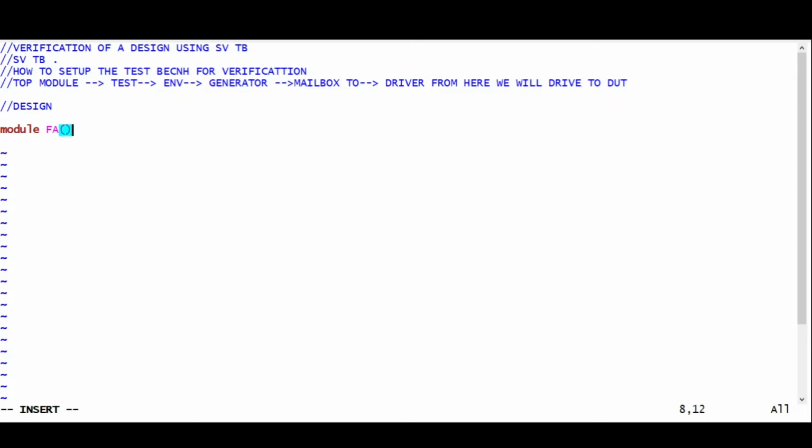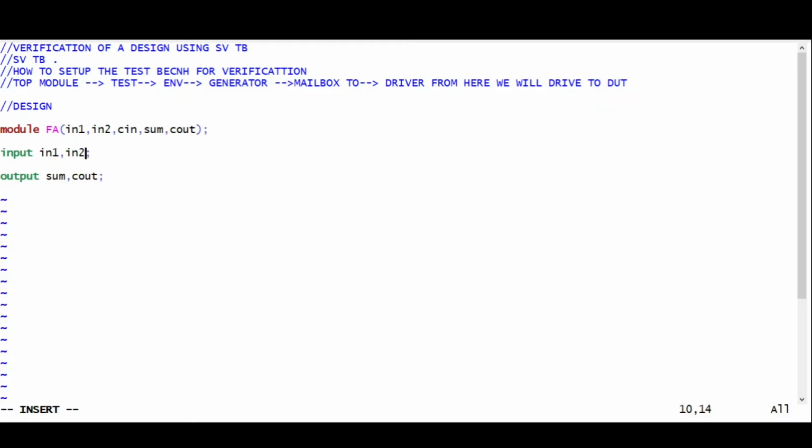What we have in the full adder is input in1, input in2, then Cin, sum, and Cout. These are the things present in this. Let's give the directions: input in1, input in2, input Cin, output sum and Cout.